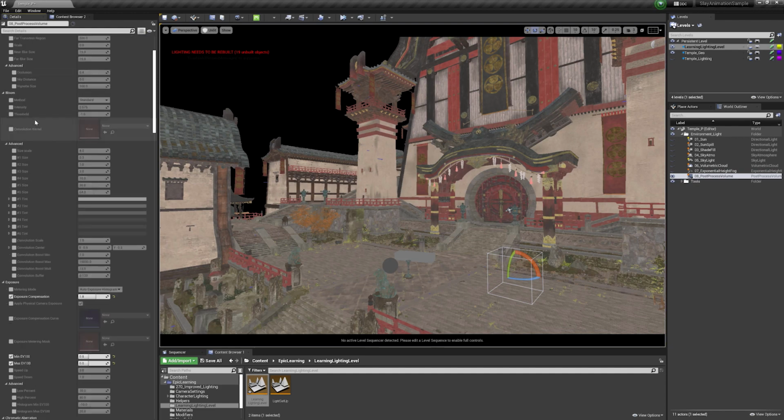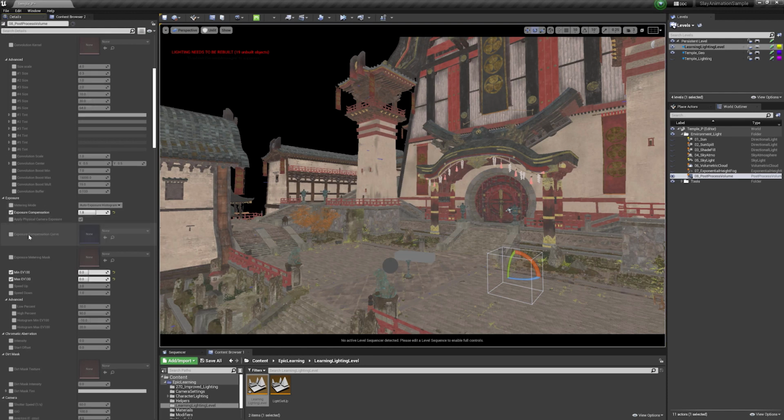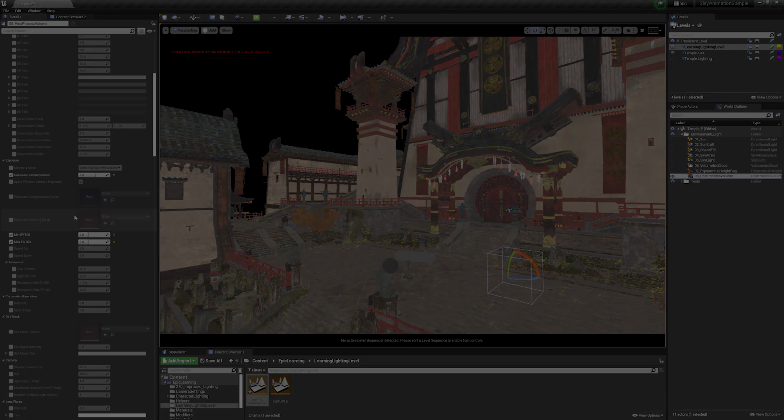Then we're going to go down into exposure. So we won't get too deep into color grading on this project, and we might touch on a few items on the post process, but for now, all you need to be concerned with is the exposure compensation. We're going to set that at 1.8. We're also going to go down to the min and the max and set those both to 0 because we don't want our scene exposing up and down. Pretty much at this point, that's all we'll discuss and go over with post process as we jump back into the rest of the lighting.